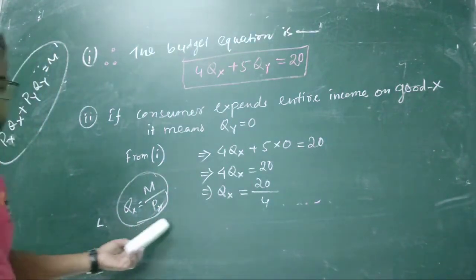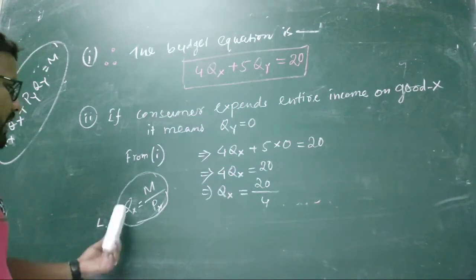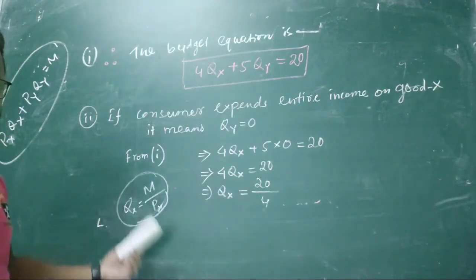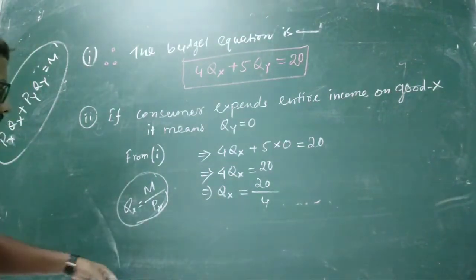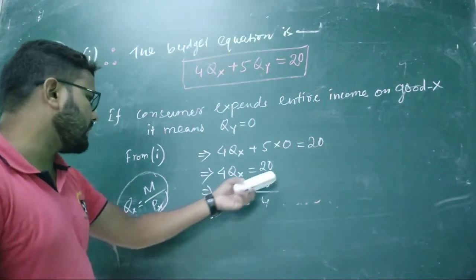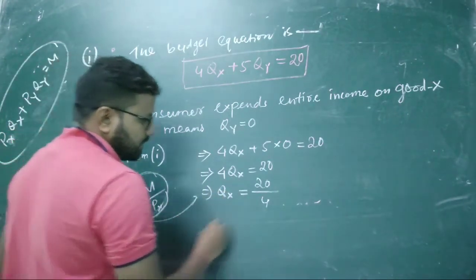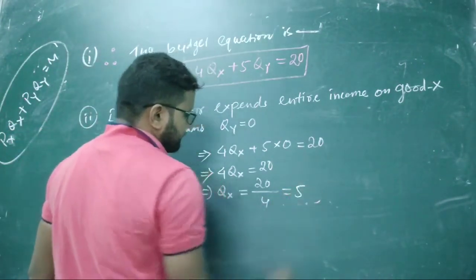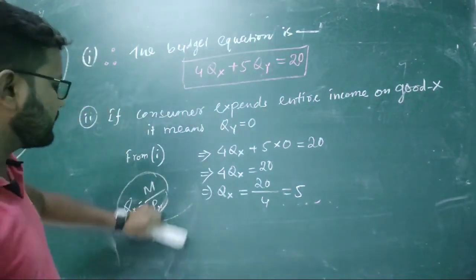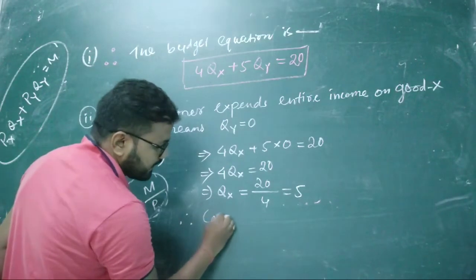So quantity of X is equal to money income divided by price of that particular good. What was the price of X? 4, and what is the money income? 20. So it becomes 5. 5 is the amount, that is why you have to write the unit. So therefore the consumer can consume